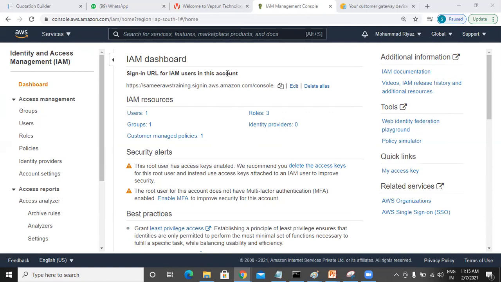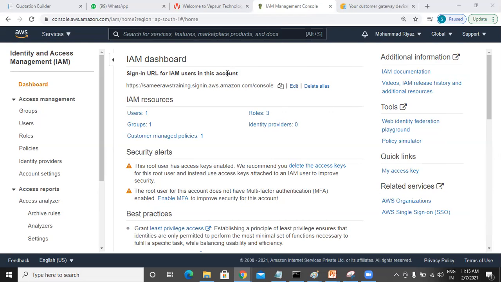Now, how did you create your AWS account, everyone? We did sign up by providing our username and creating a password. Okay.